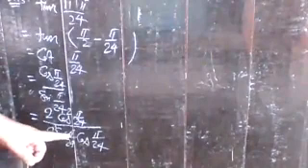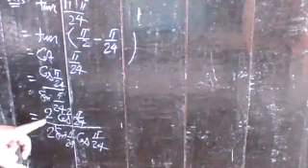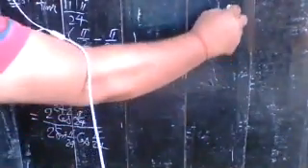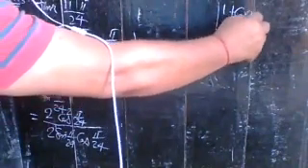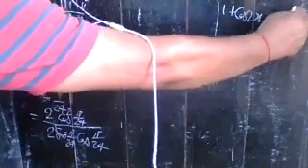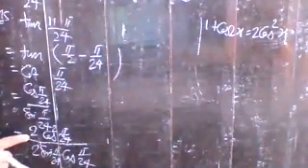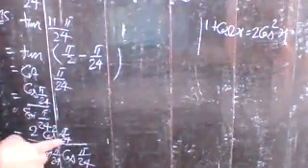Here you are multiplying and dividing by 2 cos pi by 24 in the numerator and denominator. Understand? And you know 2 cos square pi by 24. By using this identity, I write here which identity you follow: 1 plus cos 2x is equal to 2 cos square x. So using this identity, you see here you have 2 cos square pi by 24.